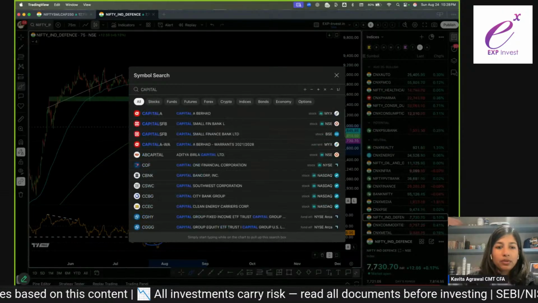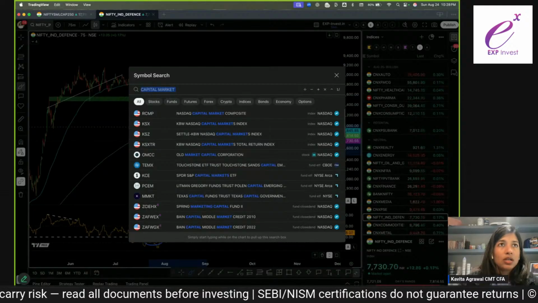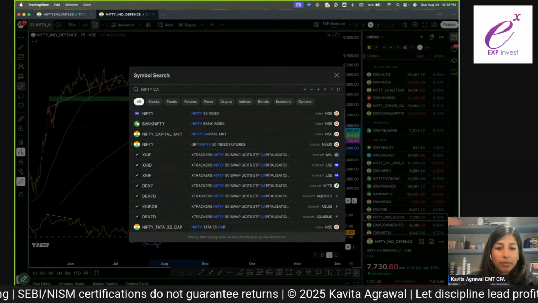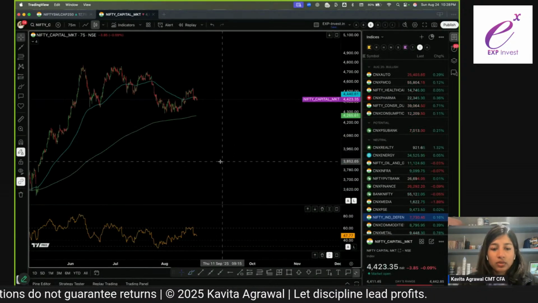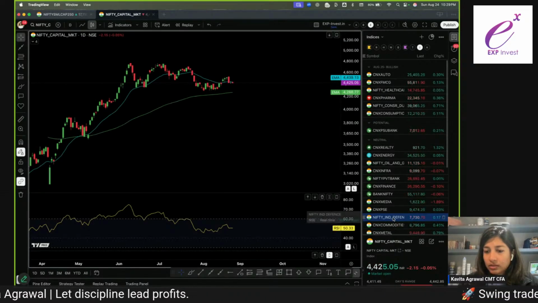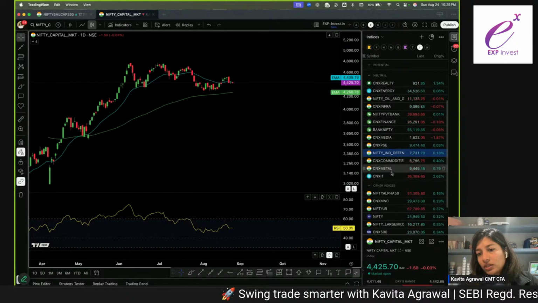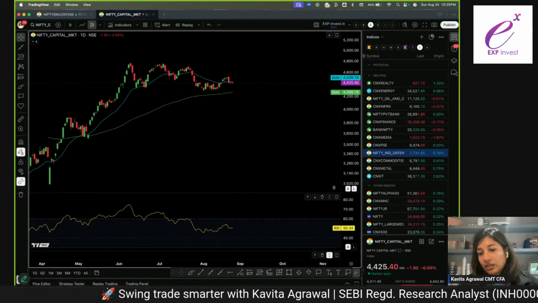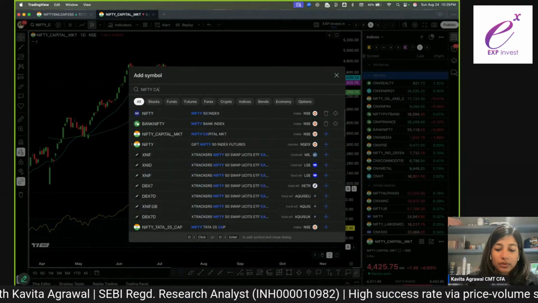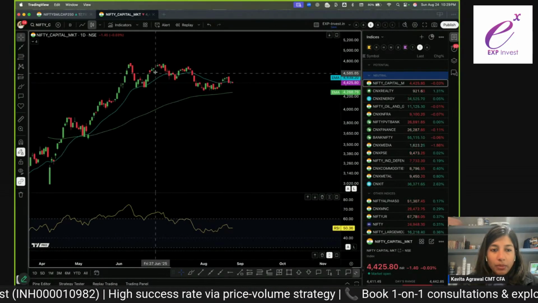Let's see, capital market index. What is the capital market index? Satvik, do you know if it's called Nifty Capital or CNX Capital? Nifty Capital Market. Okay, let's also look at this index, and there it is. Oh, I just added stocks to this and I forgot to look at metal as well. Okay, we'll also look at metal and we'll also add a Nifty Capital Market Index to the list.